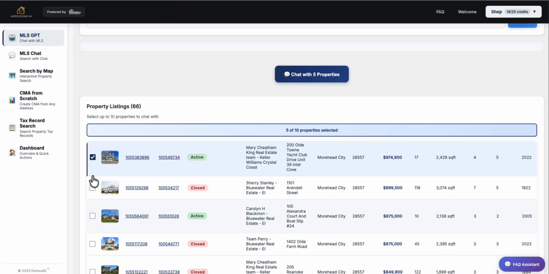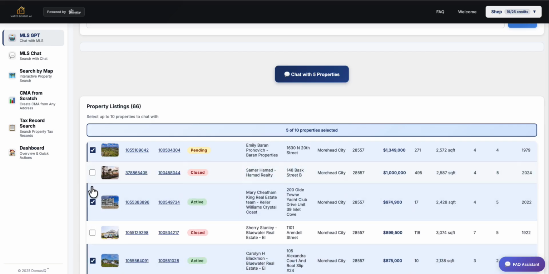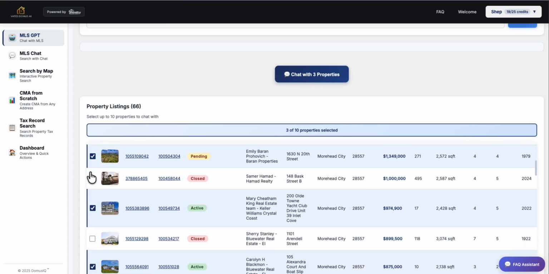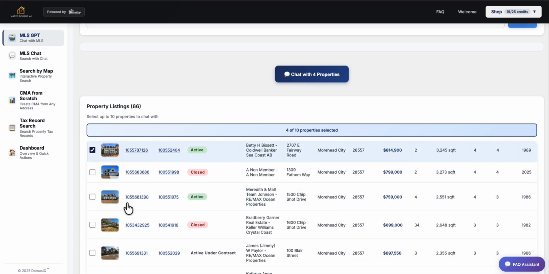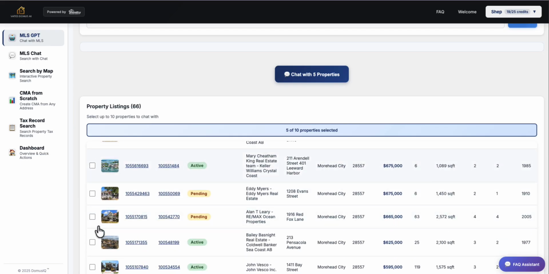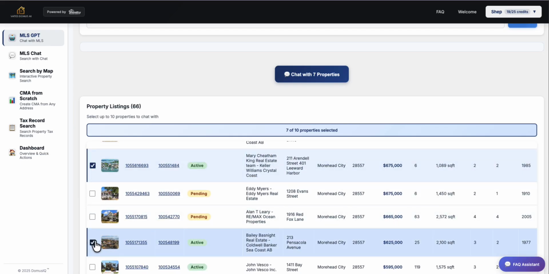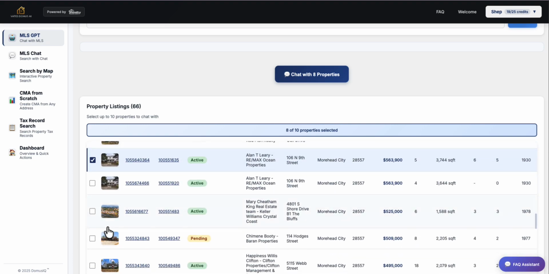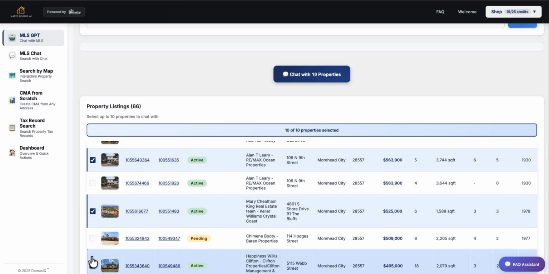And I'm just going to do a random selection of active properties. That one's closed, we'll ignore that one. Go down and get some more active properties that we can actually chat with. Active under contract, pending. You can chat with those if you want to get some more information about them. And you can select up to 10 properties to communicate with. That one's the same one, so we're going to just select it once instead of twice. That one's active, 10, one more property. All right, so now we've got 10 properties, so now we can actually select chat with 10 properties,